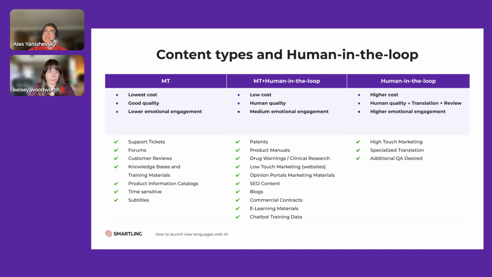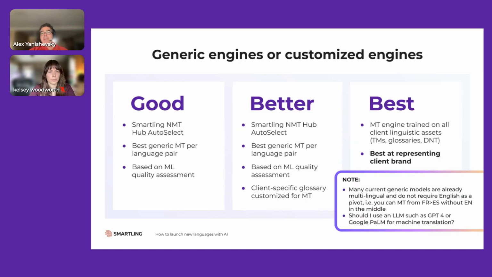So this kind of takes us to the next step of, all right, let's say we've decided what our content types are, in what categories they go into. What sort of machine translation do we use, right? That first step before the linguistic copilot, before the human being, what do we do? Right. And again, I think this is a nice way to represent it with three different buckets of good, better,